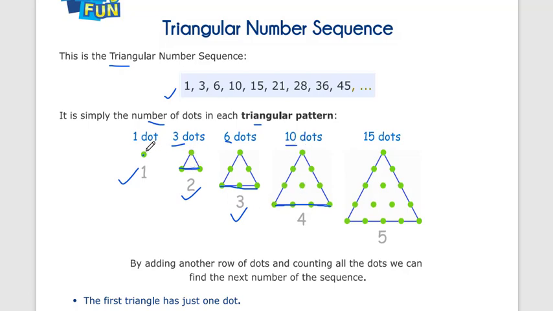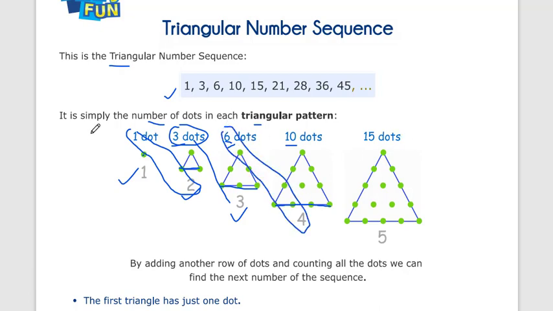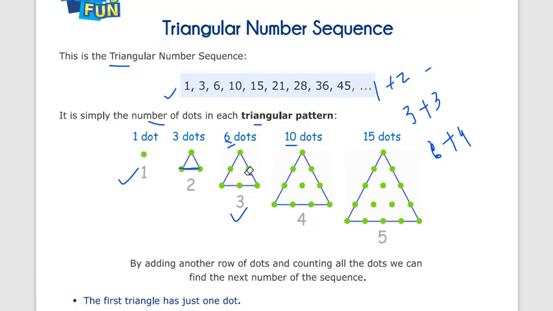We can also find it like this. For the second term add 1 dot and 2 dots, so our second term is 3 dots. Then add 3 plus 3, 6, then add 6 plus 4. So we add 1, 2, 3, 4 in every term. Here 1 plus 2 becomes the second term, then add 3 to the second term, then 6 plus 4. Here you can see 2, 3, 4, 5, 6. In this way you can also find the sequence. So this is a triangular sequence.